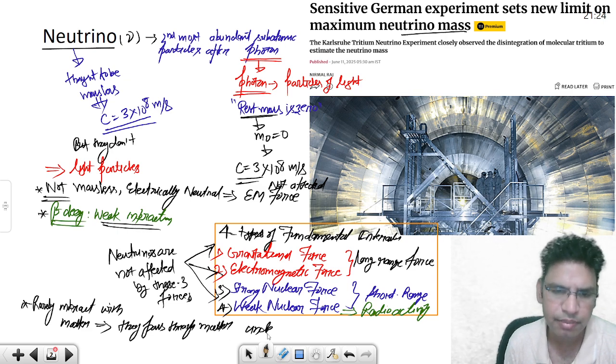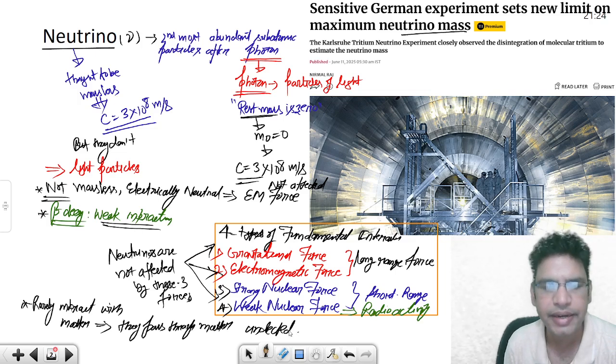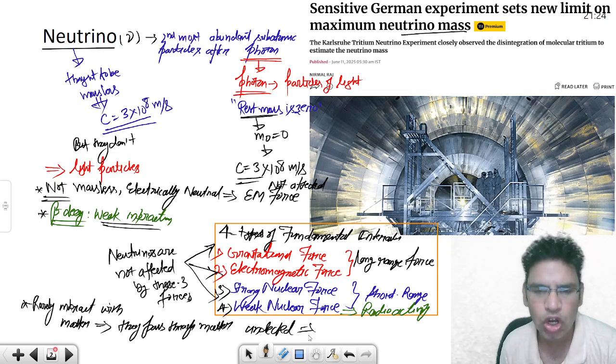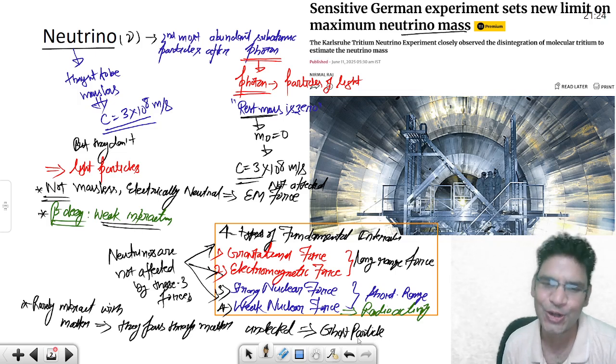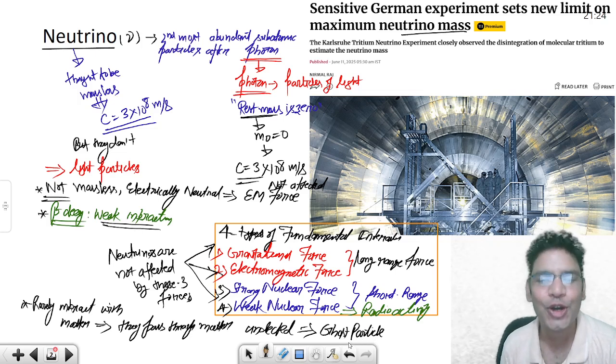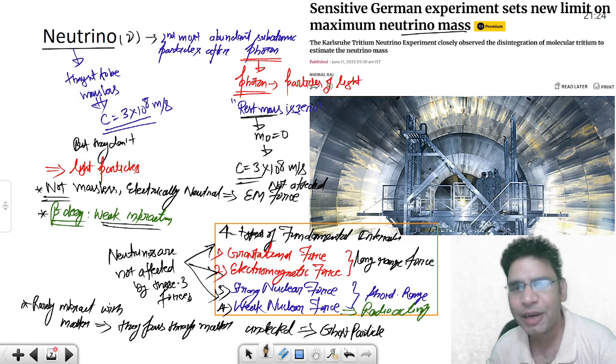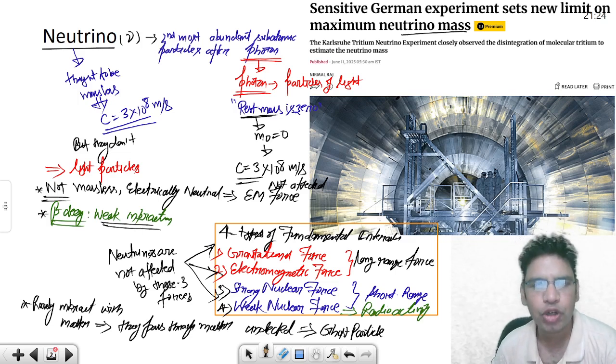You cannot detect them. There is no way you can detect them, right? This is why sometimes they are called ghost particles. Like there is the God particle, the Higgs boson, neutrinos are called ghost particles. They can ask you these basic questions. And most importantly, what I want to tell you about these particles,